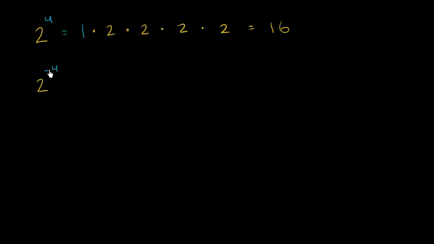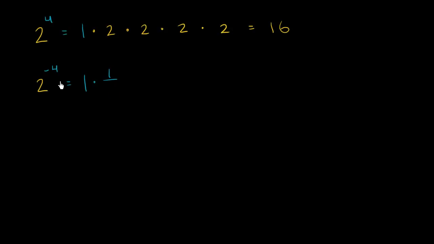Well, what does negative traditionally mean? Negative traditionally means the opposite. So here this is how many times you're going to multiply. Maybe when we make it negative, this says how many times are we going to, starting with a 1, divide by 2? So let's think about that a little bit. This could be viewed as 1 times, and we're going to divide by 2 four times. Well, dividing by 2 is the same thing as multiplying by 1/2. So we could say that this is 1 times 1/2